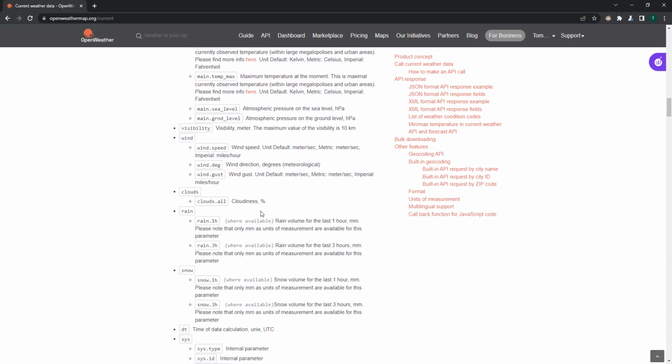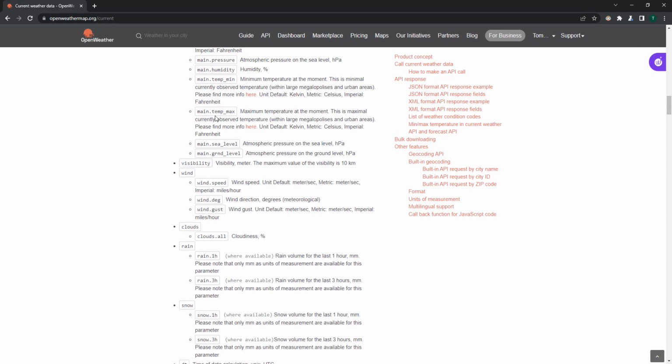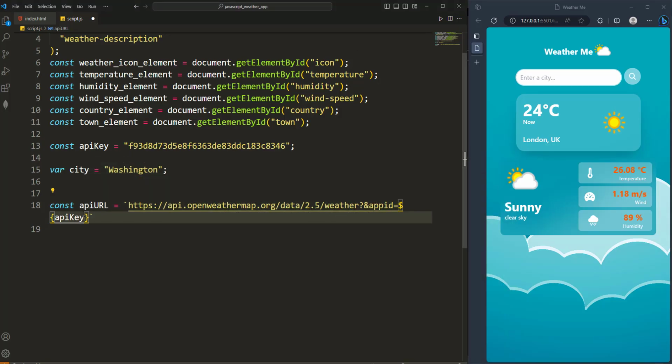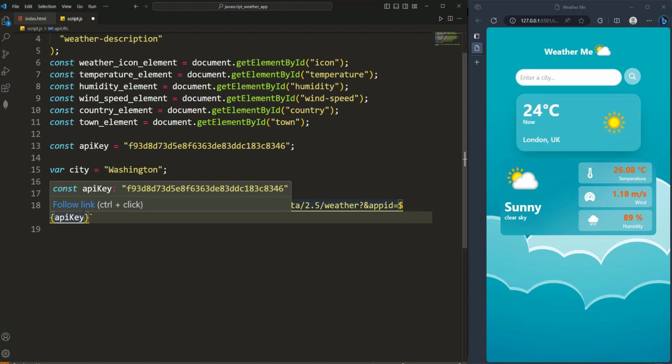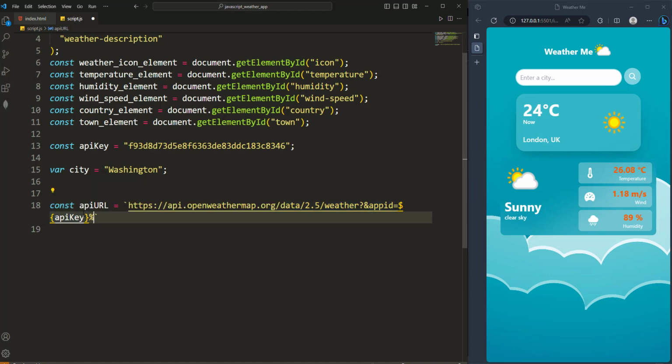So when we get to the response, we will deal with this one in detail. But for now, I want to show you that, like the temperature for instance, if you choose metric, then you get Celsius. If you choose default, then you get Kelvin. Imperial, then you get Fahrenheit. So apart from the app ID, one other thing that we will pass